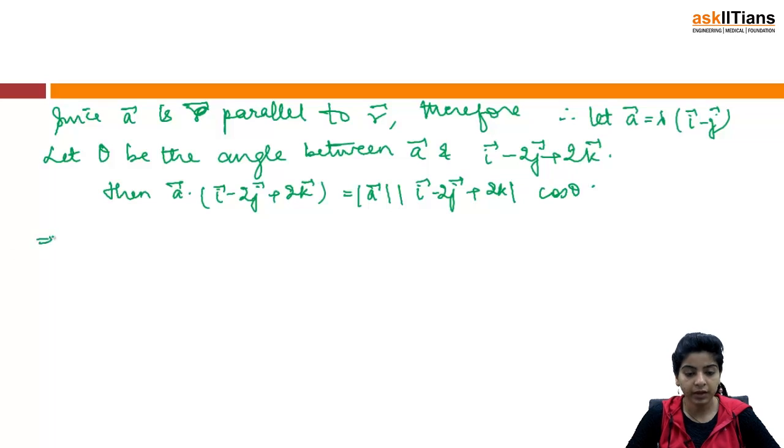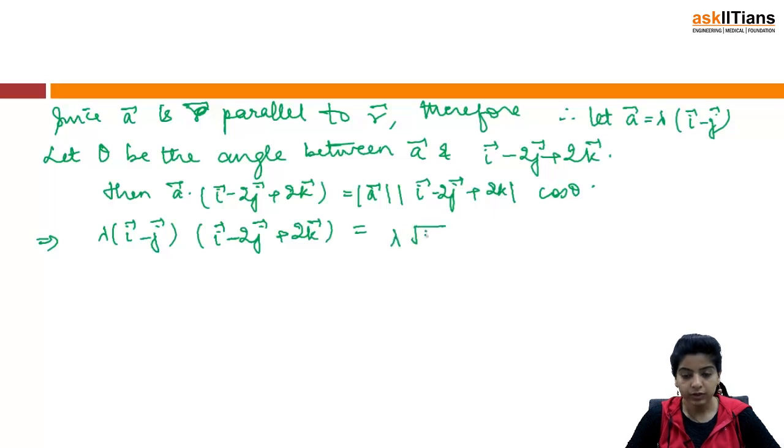So this will imply, now again A is lambda times i minus j. So in fact you can just substitute the values. Lambda times i minus j into i minus 2j plus 2k would be equal to, now modulus of A, the magnitude of A would be equal to lambda times under root of 1 plus 1 into magnitude of this vector would be equal to 1 plus 4